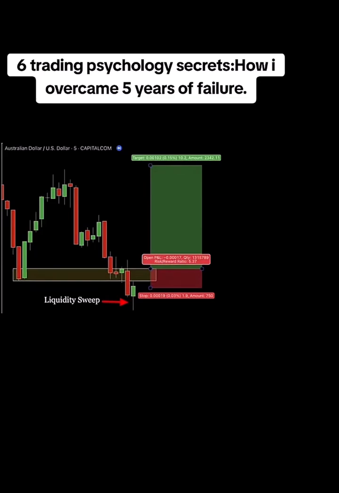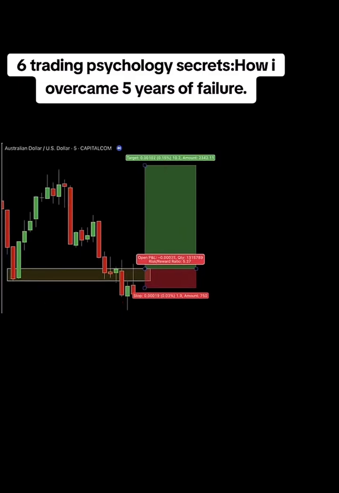liquidity. Here's the moment of truth. Will you react emotionally and walk away, or will you approach this like a pro? Let's see what happens next. The market returns to the demand zone, and this time it closes above it. This is your cue, a clear signal that the initial dip was likely a liquidity grab, not a true breakdown.